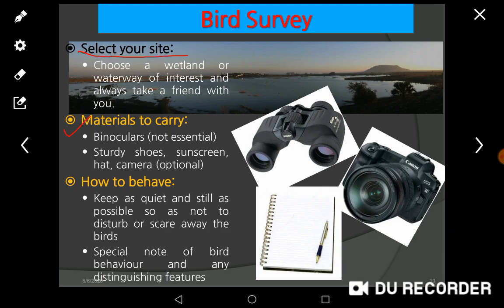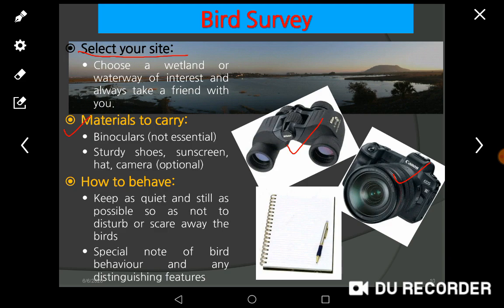Next, some materials you need to carry. Number one, you can carry binoculars, because if you have a good sense of sight, obviously it is good. But if you don't, you need to watch the birds very closely. By keeping yourself away from birds, you need good quality binoculars. Secondly, you can capture them in your memories with the help of a camera.